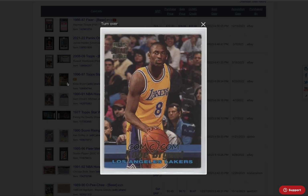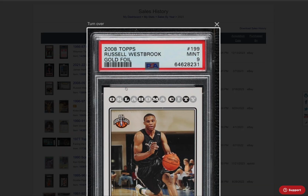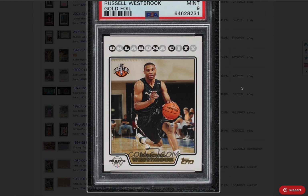This basically broke even on the Kobe, but at least I was able to move it, which is what I was mainly trying to do with a lot of these cards, was just kind of move them. They're not selling, and if I can sell it for about like what I paid or what I was trying to get for it, then I'm happy, because it gets the money coming in and I can do other things with it. This Russell Westbrook sold for